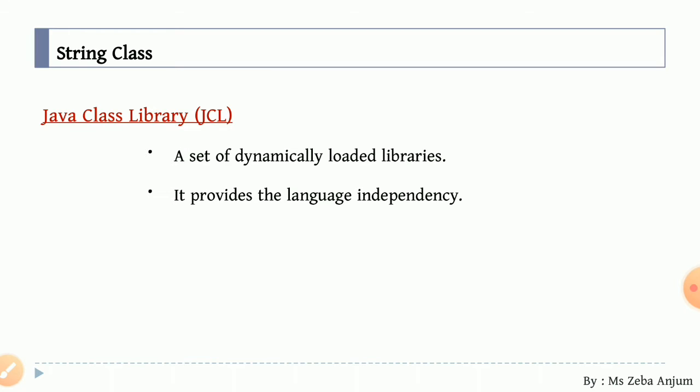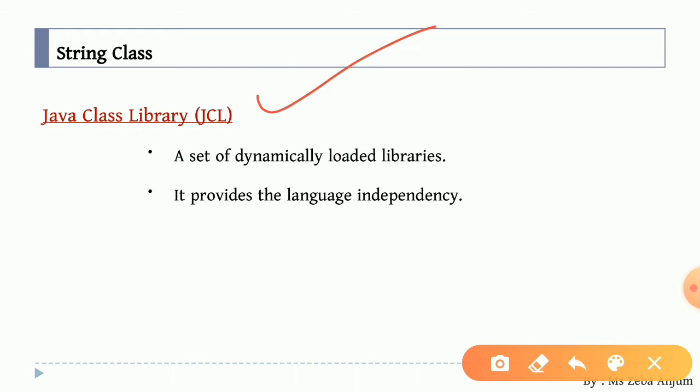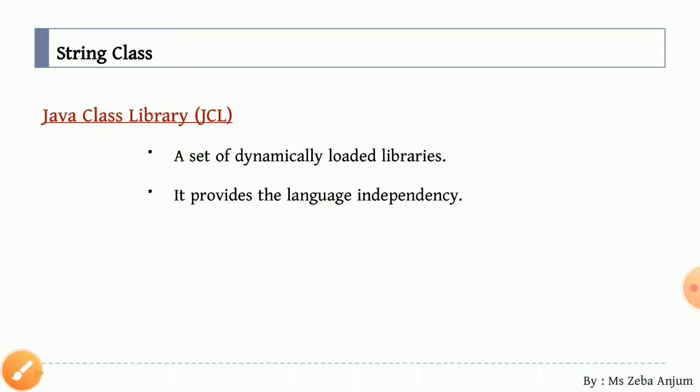You know the package that is imported by default, that is java.lang. Yes. Now, the string class is a class that is contained in your java.lang package so that by default you can avail all the functionalities, and java.lang is contained under your Java class library. Okay, that is why we have studied this JCL over here.